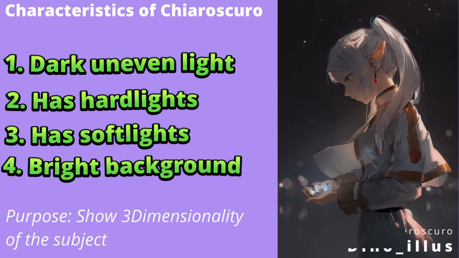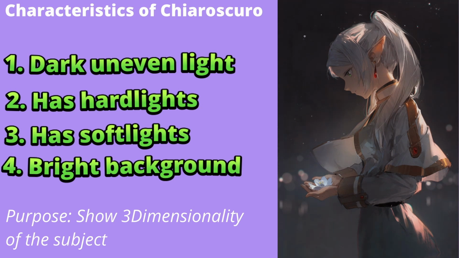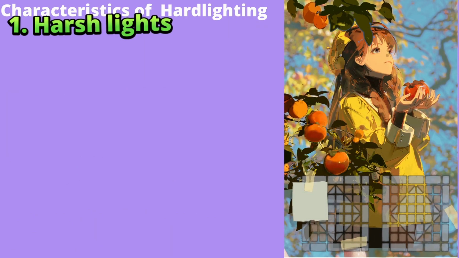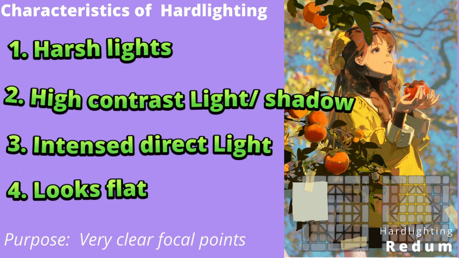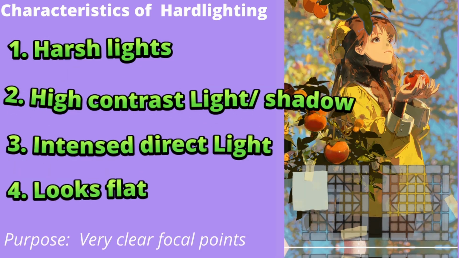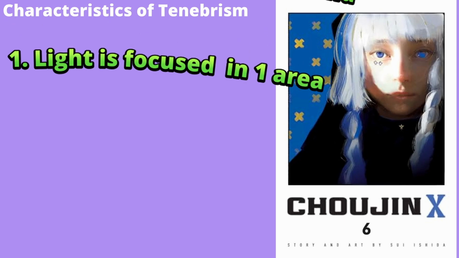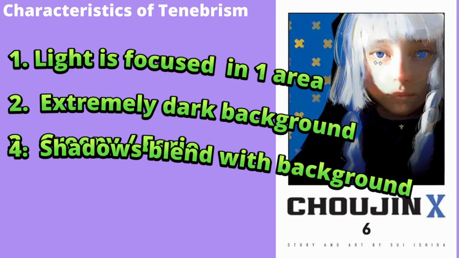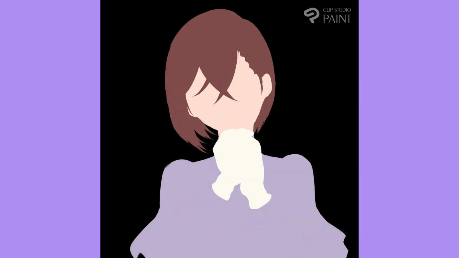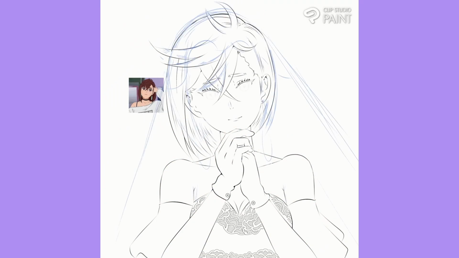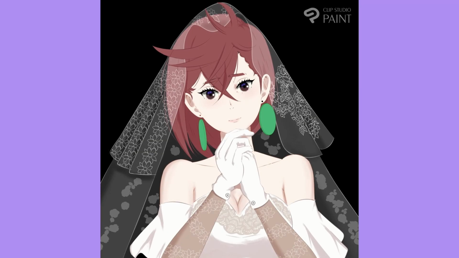So since it's the start of the new year, I'm making a new promise. This year, I'll focus only on dramatic lighting techniques from January to December 2025. And so far, I've learned 3 dramatic lighting techniques: the chiaroscuro, hard lighting, and tenebrism. And today, I'll break them down for you in case you're in the same stage of your art journey as me. This might help. I'll show you the workflow, the layer blending modes, and how to render illustrations like this,